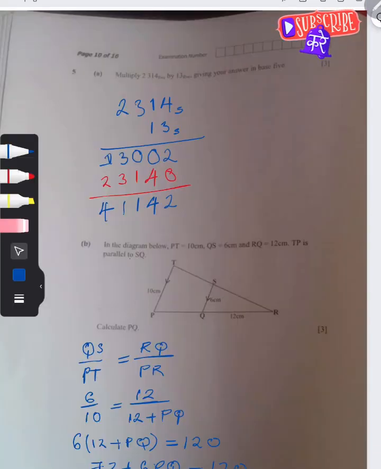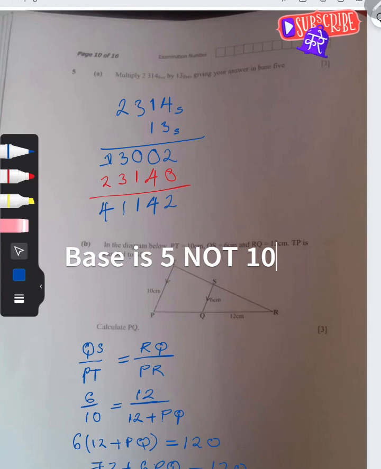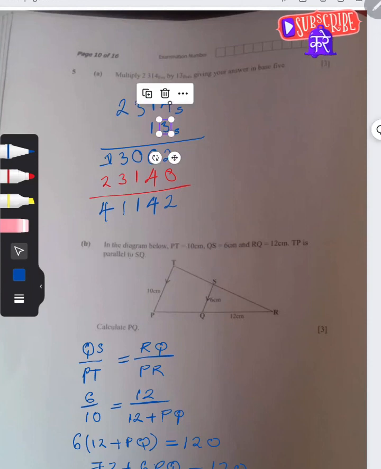The next we have to multiply 2314 by 13, giving you the answer in base 10. So we just take the product, the normal product, but remember that it is in base 10. So I start with 3. So 3 multiplied by